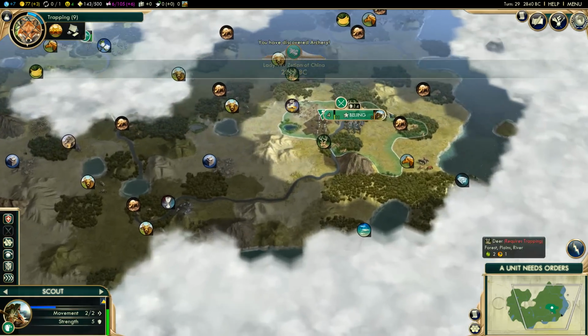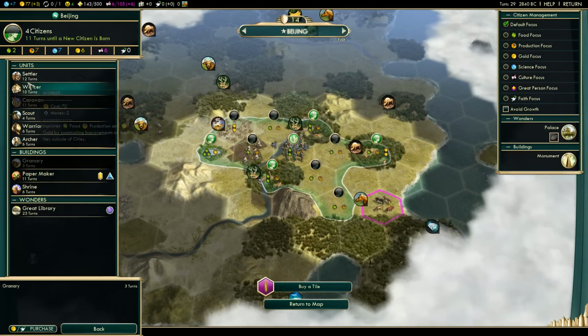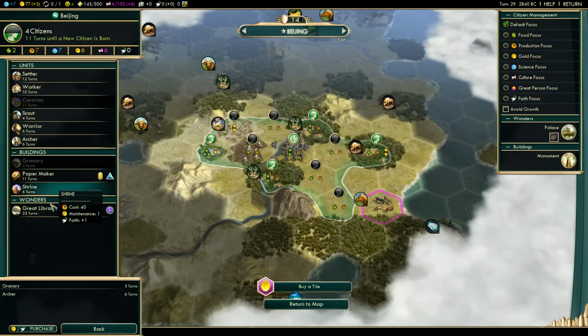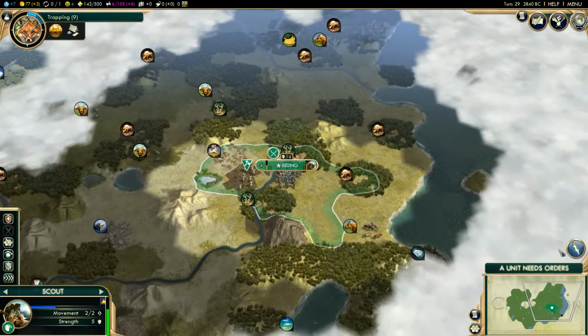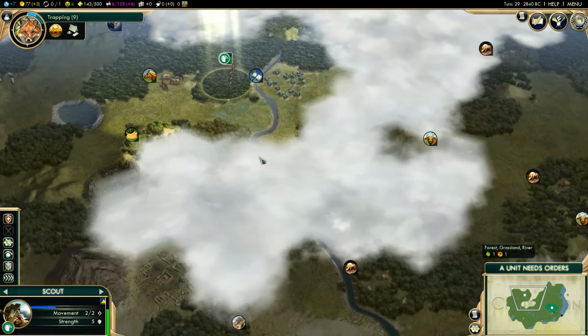There we are with archery, and after the granary we are going for the archer, and then I'd also really soon need a settler. But I also need the great library. Decisions. But really, you can't have it all. So I need to just...